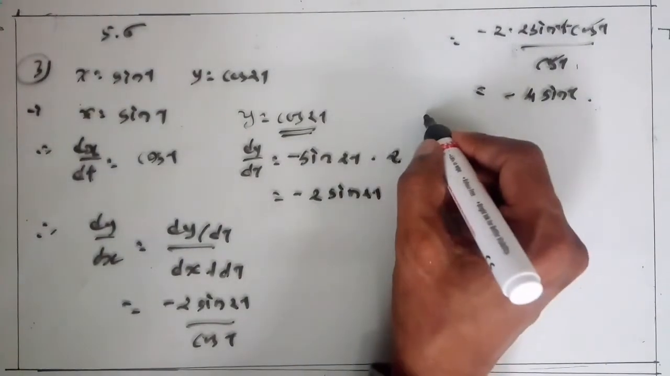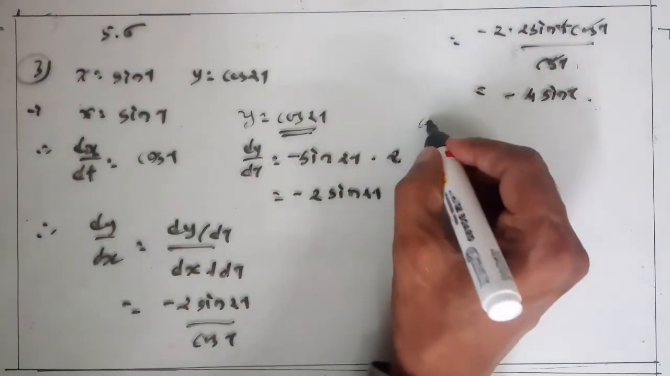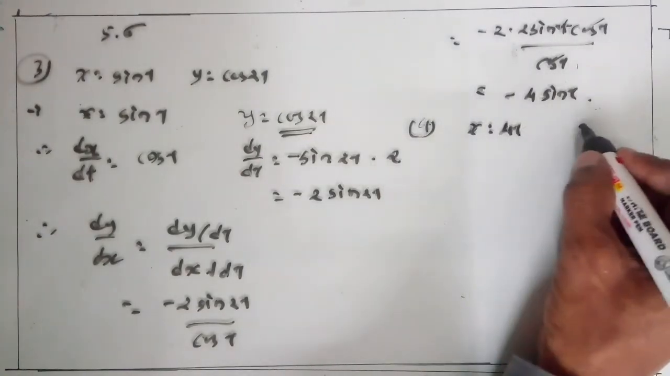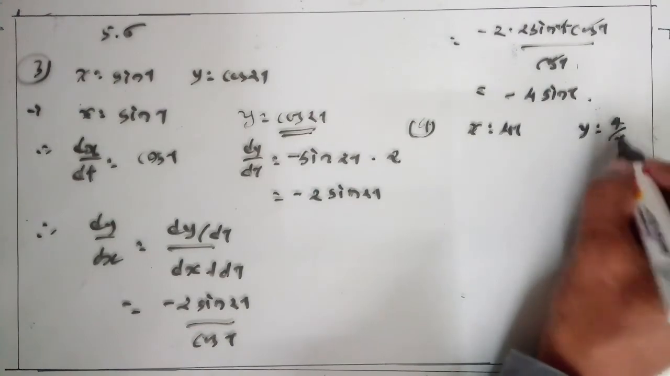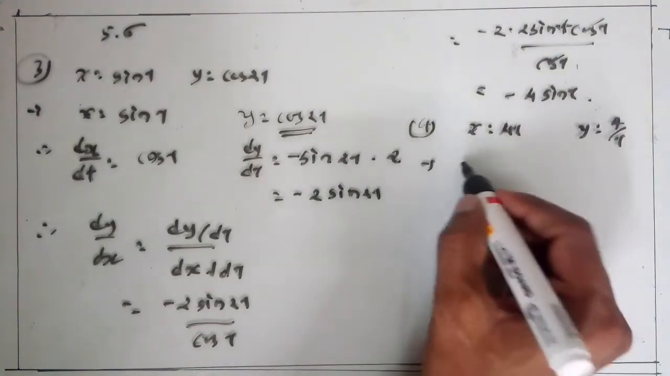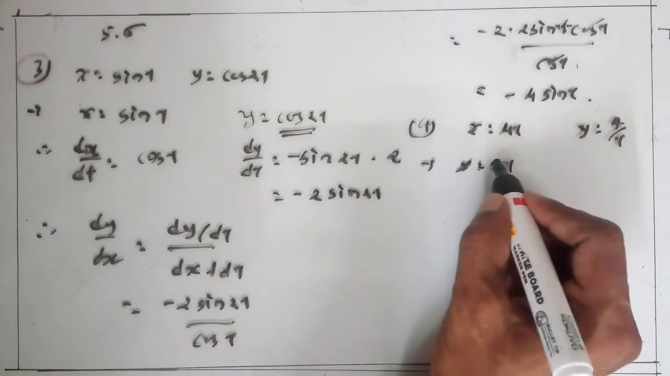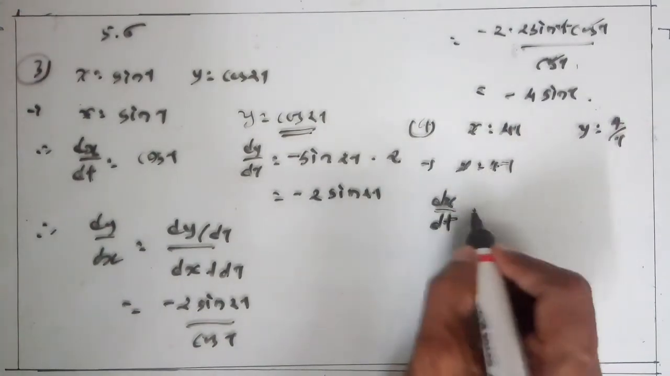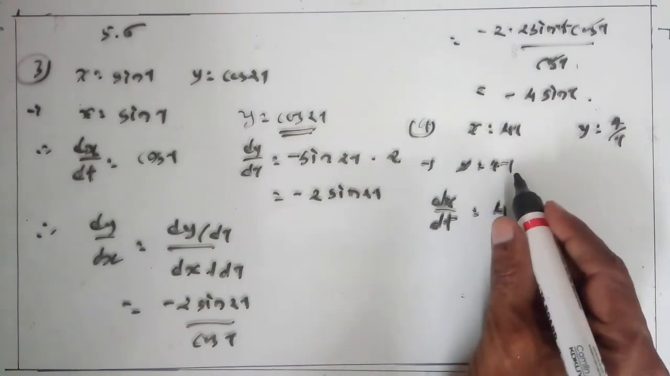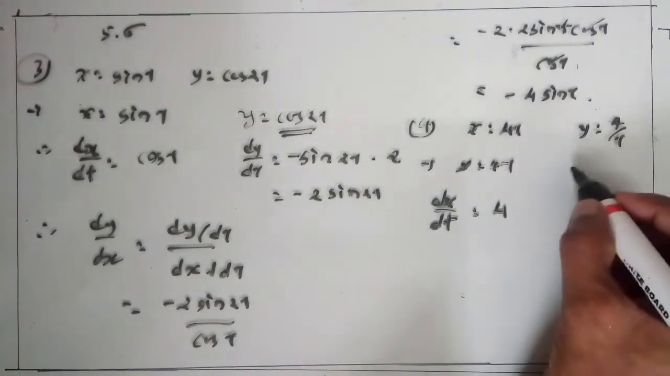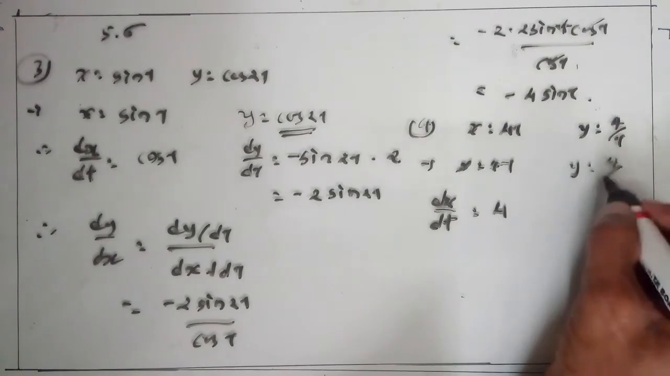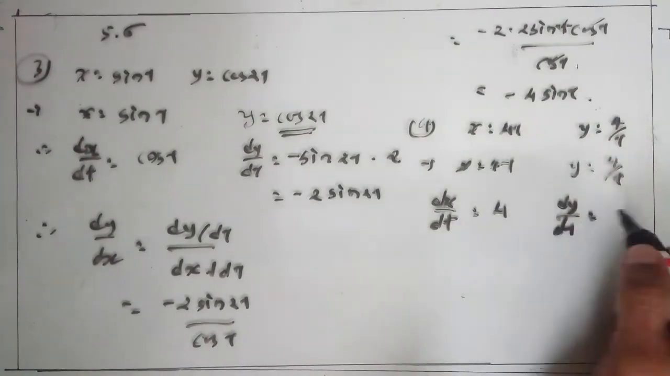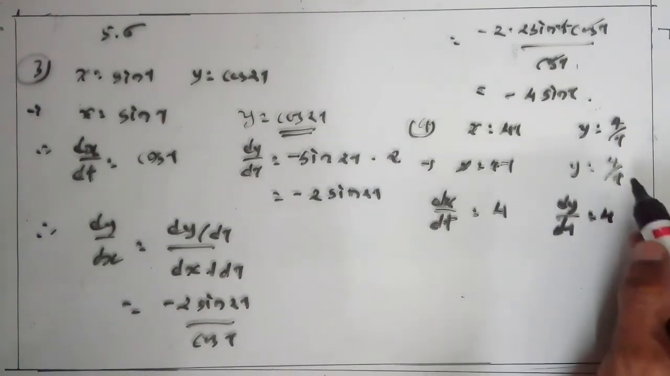Now question number 4. x is equal to 4t and y is equal to 4 upon t. First get the derivative of x is equal to 4t. dx/dt is equal to 4 times the derivative of t with respect to t, that is 1. Now for y is equal to 4 upon t, dy/dt is equal to 4 into the derivative of 1